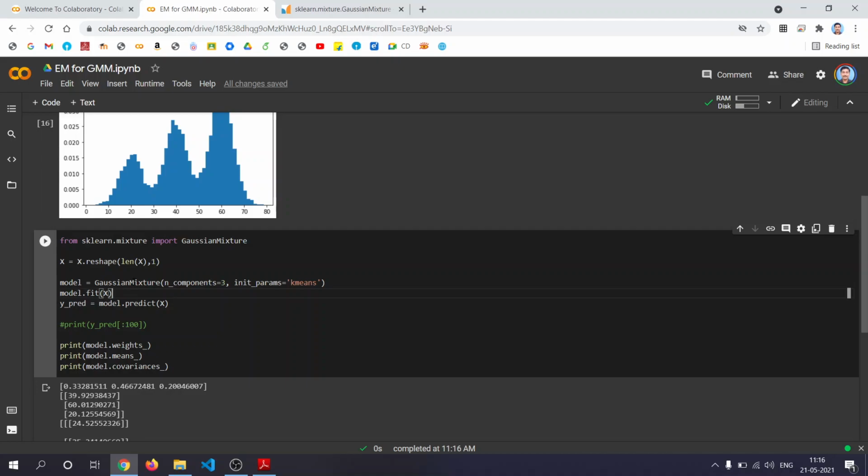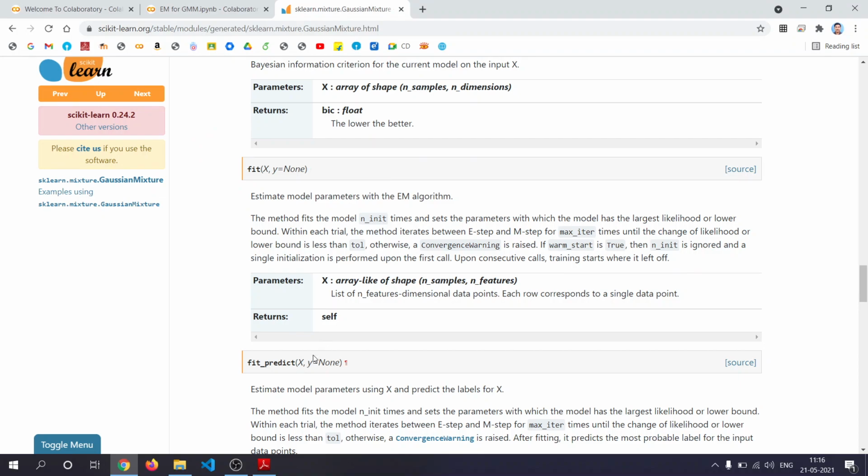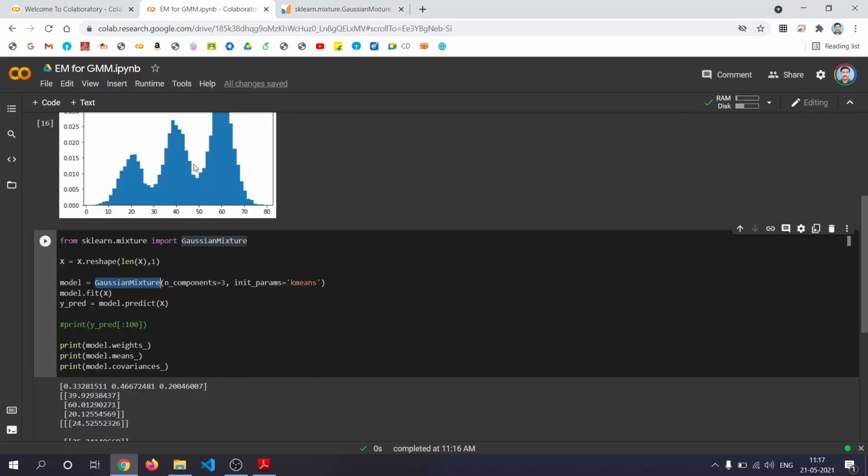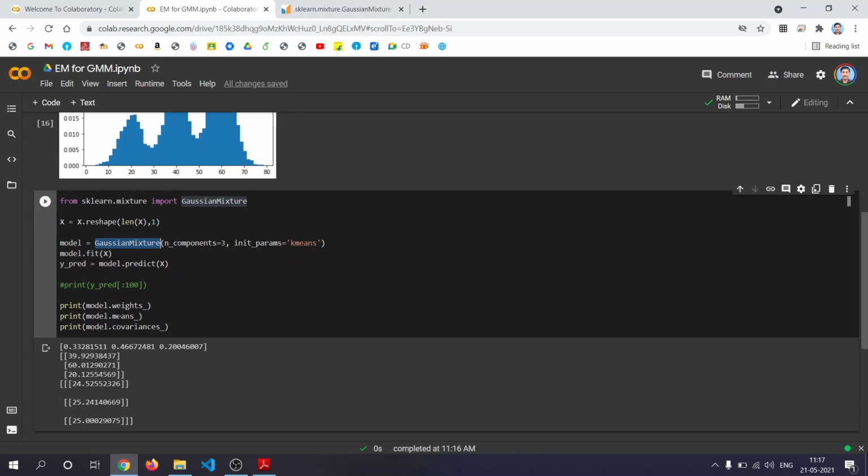So the Gaussian mixture method from sklearn gives you the model parameters using the EM algorithm. This is how we have implemented the EM algorithm for a Gaussian mixture model.